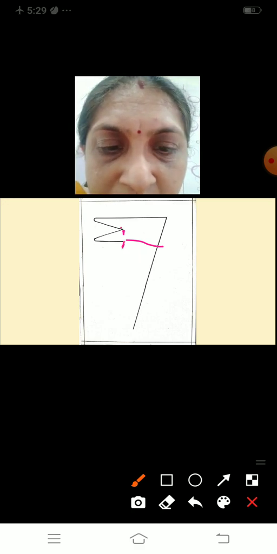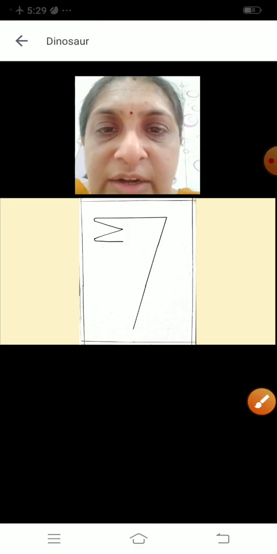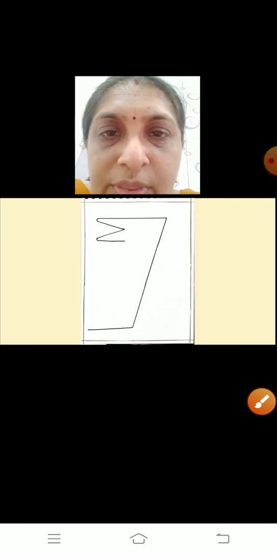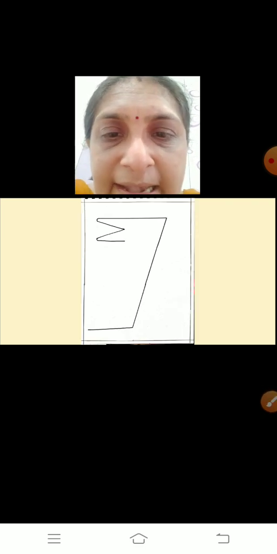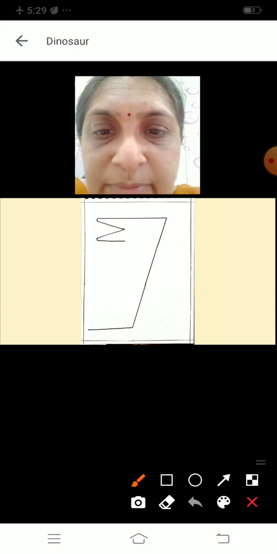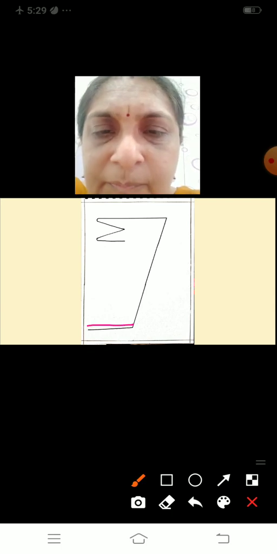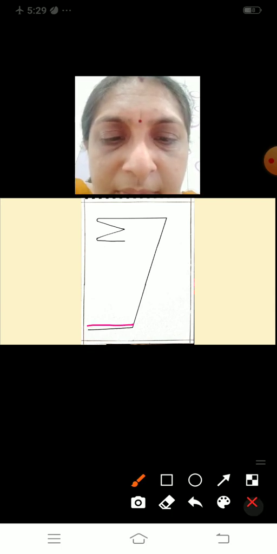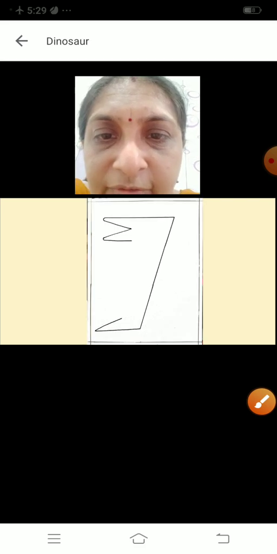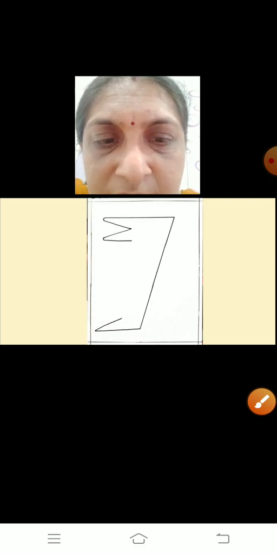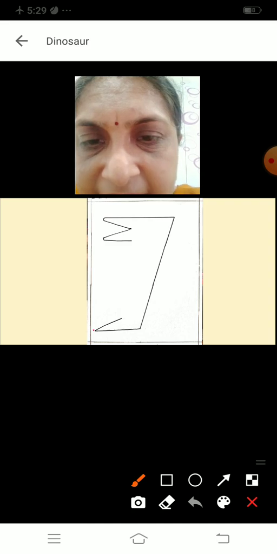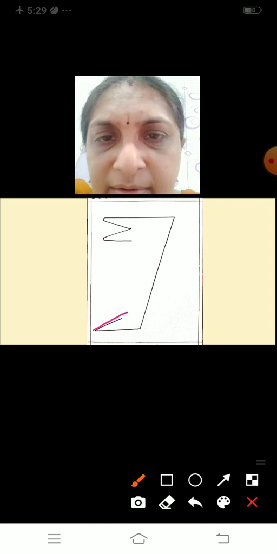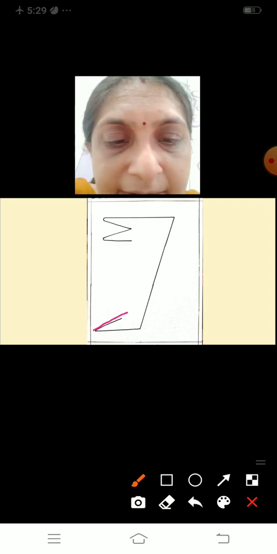Okay, what is the next thing that you will do is, now we'll start with its legs. So draw one sleeping line here. Then we have to just make one slanting line, which will look like its leg.